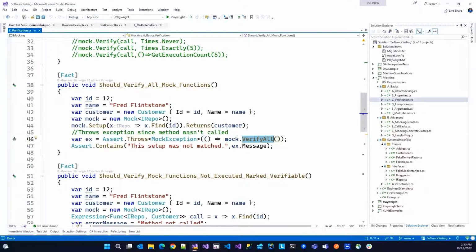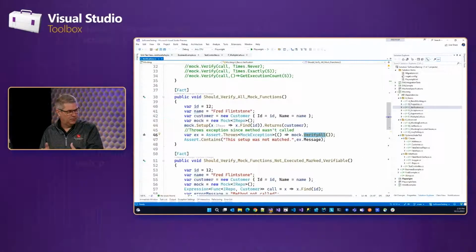Now keep in mind it's a combination. So if you're using a strict mock and something is called that wasn't set up, you're going to get that exception. And what we're verifying here is the behavior that it was called. And if you're just using the verify all syntax, it could be called as many times as you want. So let's go back to our other example. Let's put it into perspective.